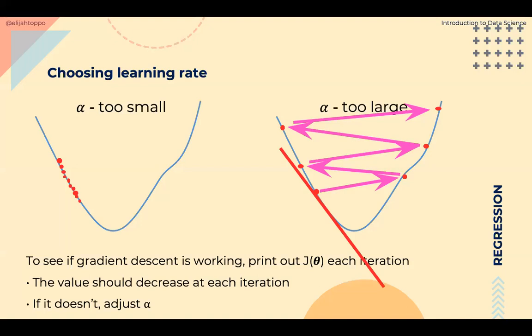Let's say you started out with some theta, and that theta gave you a certain cost. You will note down that cost. Then at the next step, we found the partial derivative, we used a value of alpha, and we found a new value of theta. At that new value of theta, you will also evaluate the cost.